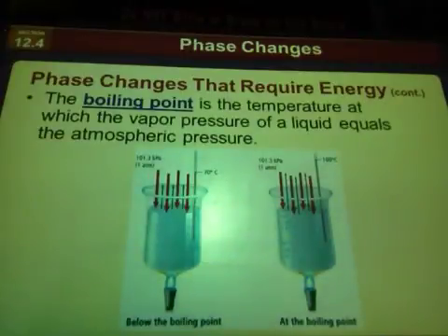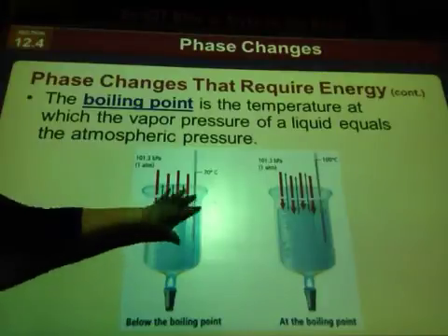Okay, boiling point. The boiling point is the temperature at which the vapor pressure of a liquid is equal to the atmospheric pressure. So at the boiling point, molecules throughout the liquid have enough energy to vaporize. Bubbles of vapor are going to collect below the surface of a liquid, and then they're going to start to rise to the surface of that liquid. As the temperature of a liquid increases, these water molecules are going to gain energy. Vapor pressure is going to increase, but it's still going to be less than atmospheric pressure,